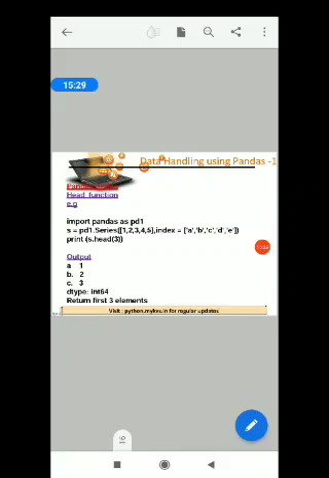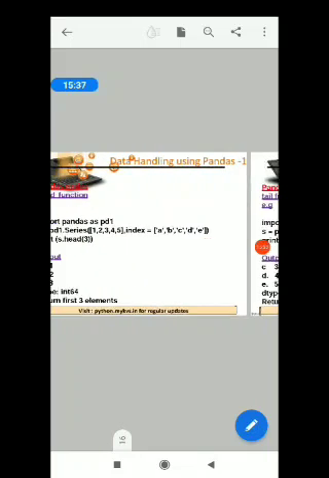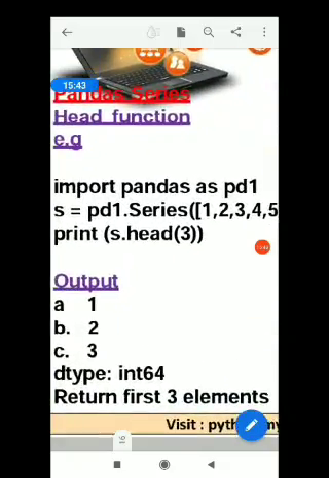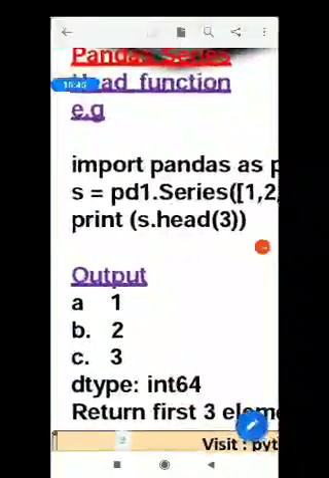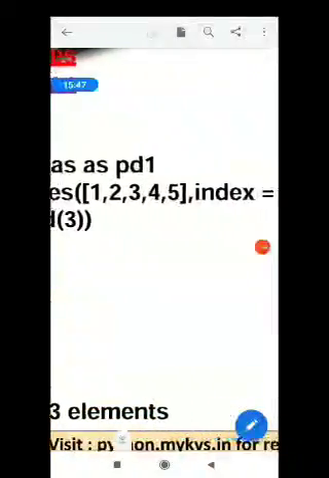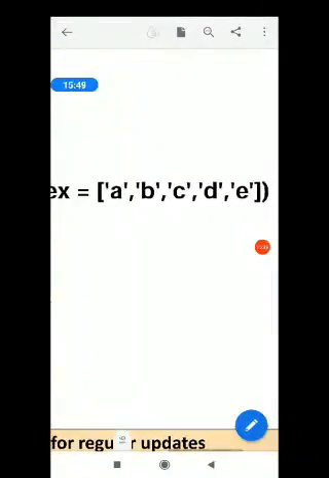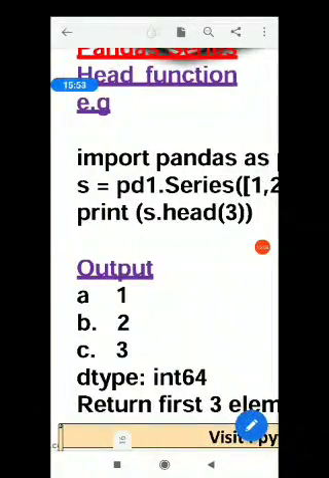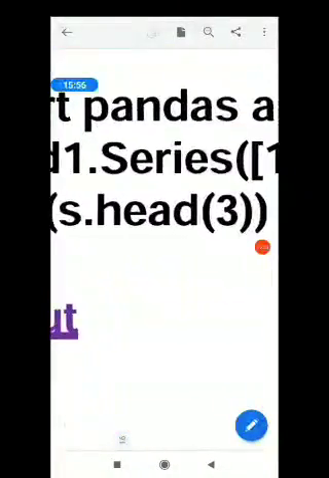One more important function is there, the head and tail functions. I'll stop over here after showing you the head and tail functions. Please see what the head function will do. This is the series 1 2 3 4 5 with index A B C D E, and I'm writing S dot head 3.